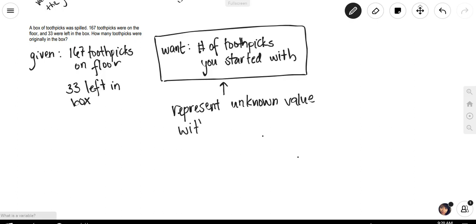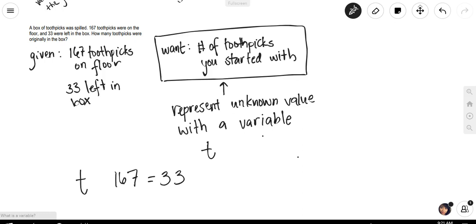And you can really choose whatever variable you want. I'm going to go ahead and use the variable t to represent toothpicks, but you can use whatever. You can use x if that's what you're comfortable with, right? But I'm going to use t. So I had some number of toothpicks. I don't know how much, but then I spilled them. And I ended up with 33 left in the box after I spilled